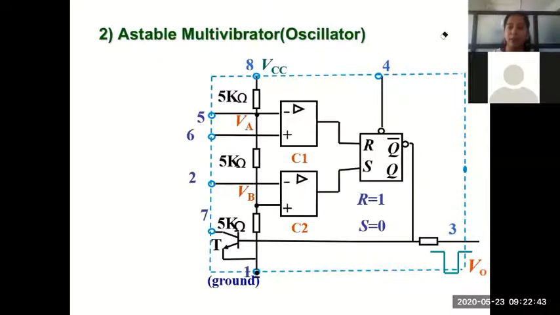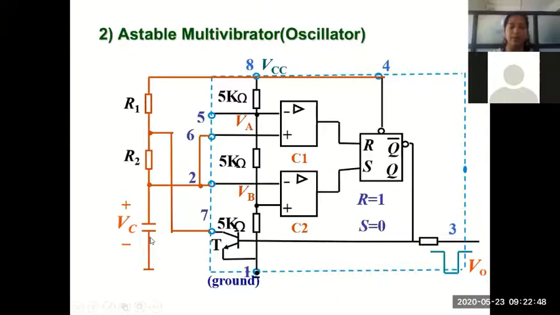Now we'll see what are the external connections which we'll make in this circuit. As you can see, we have connected 2 resistors R1, R2 and a capacitor C, all in series. They are connected between VCC and ground, but make a note of these connections. The midpoint where R1 and R2 are connected is connected to pin 7, which is the discharge pin. It goes to the collector of this discharge transistor. So this R1, R2 joining point is connected to pin 7.